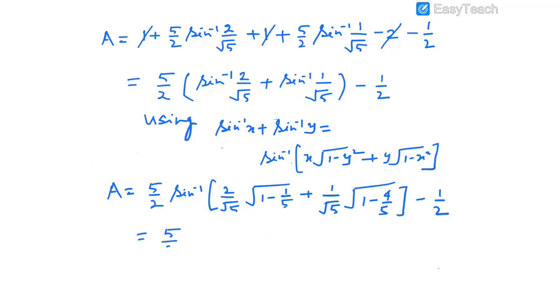Therefore a is equal to 5 by 2 and this sine inverse, you simplify this one, we get 4 by 5 plus 1 by 5 minus 1 by 2